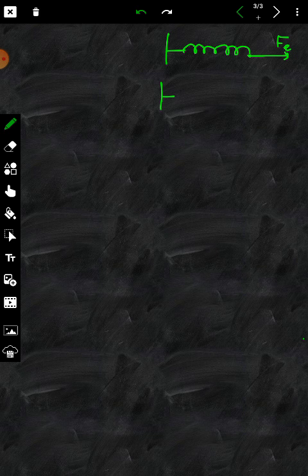So the spring gets stressed to a new length. Initially it was at position x equal to 0, called the mean position, for example. Now the spring is stressed to some new displacement x by this force Fe. So this force Fe is causing the displacement. Whenever this external force Fe is removed, the spring tries to come back to its initial position with the help of a force called the restoring force.